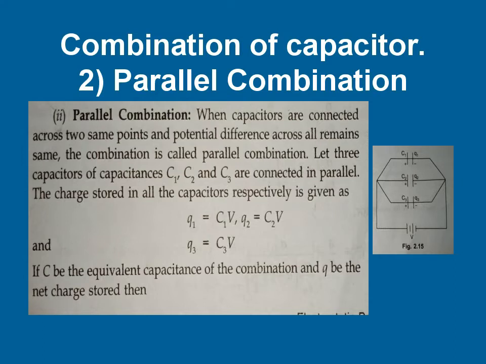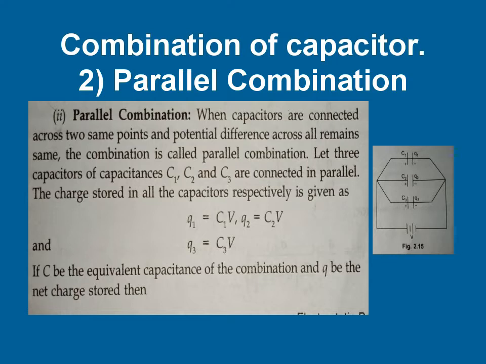Students, we continue part 3. In part 3 we already discussed what is series combination. Now here we discuss what is parallel combination. Before we start, some important points we should note down. We already discussed in part 3, in series combination charge remains same and potential divides. In parallel combination, charges divide and potential remains same. I repeat, in parallel combination charge divides and potential remains same.